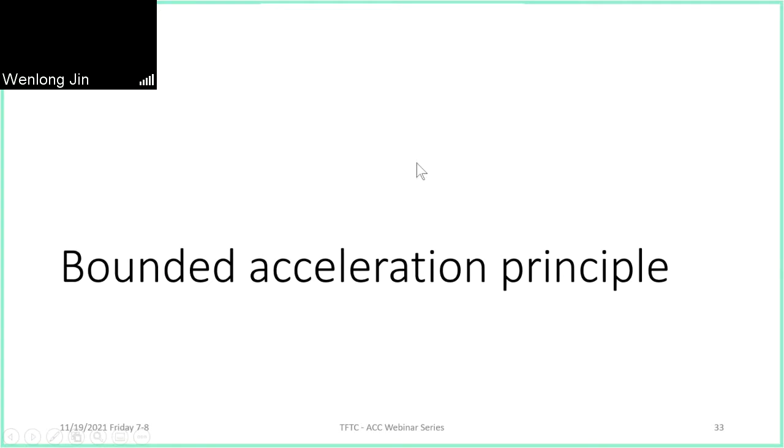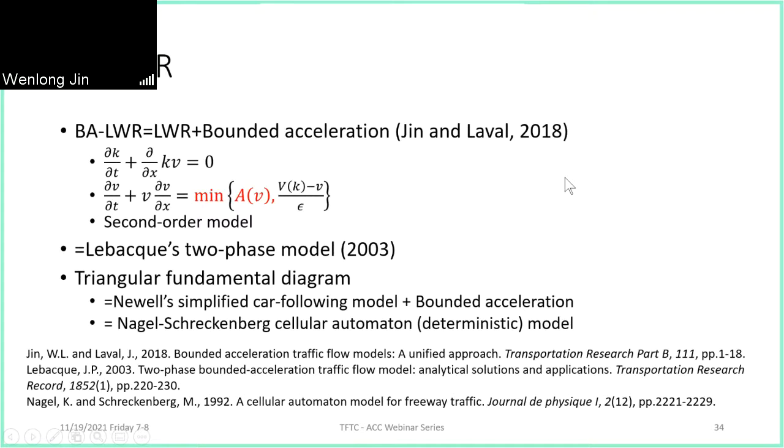The second principle I want to talk about is bounded acceleration. Due to the vehicle kinematics, acceleration has got to be bounded. But we know that in the first order model, the LWR model, and in Newell's model, the acceleration rate can be very, very large or infinite when vehicles accelerate away from an intersection. And then, we can use the non-standard second order formulation of the LWR model plus an acceleration bound, because basically this left-hand side,